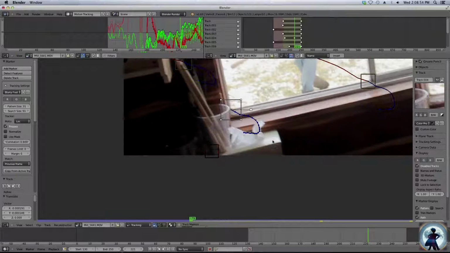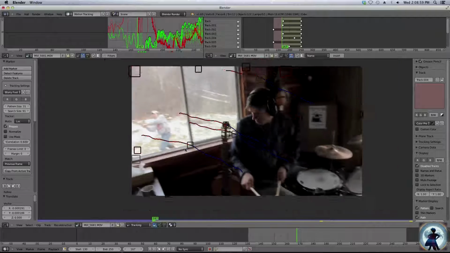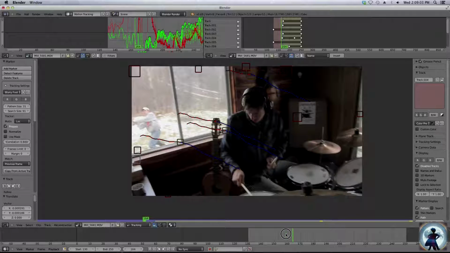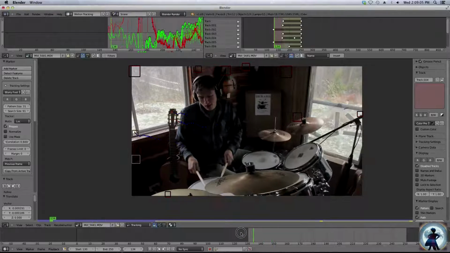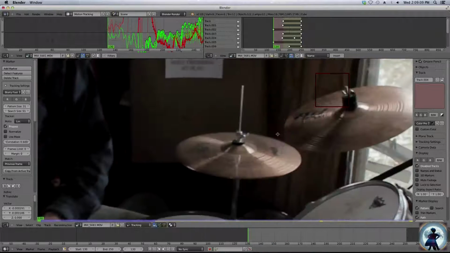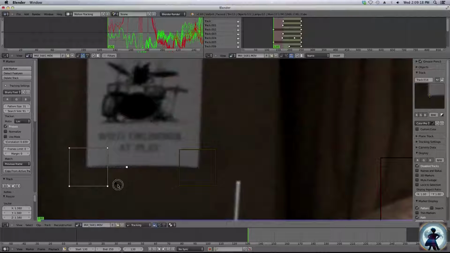And let that go all the way. Alright, that was good. Now, because we don't have enough tracks here to get a good camera solution, we will start placing some tracks in the beginning here and track them in the opposite direction. So, grabbing a few things, maybe the corners of this piece of paper here, and that one,